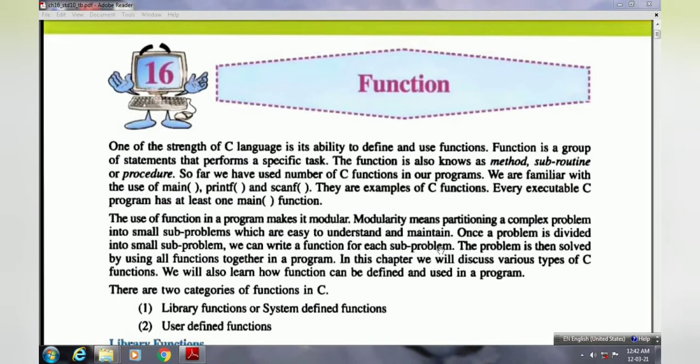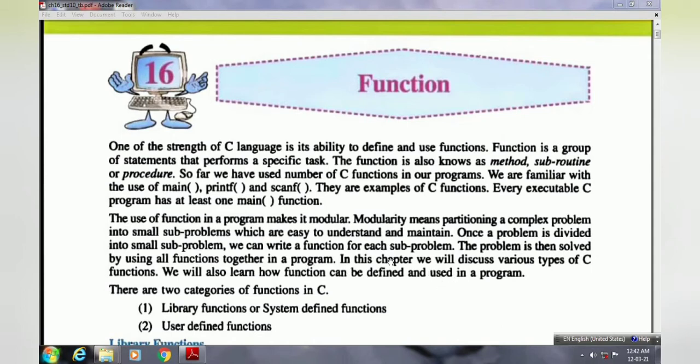Suppose you want to write a program to perform addition, subtraction, multiplication and division of given numbers. Instead of writing everything in our main function, we will divide this program into 4 sub parts, and for that we will define separate user defined functions. One add function for addition, sub function for subtraction, mul function for multiplication and div function for division.